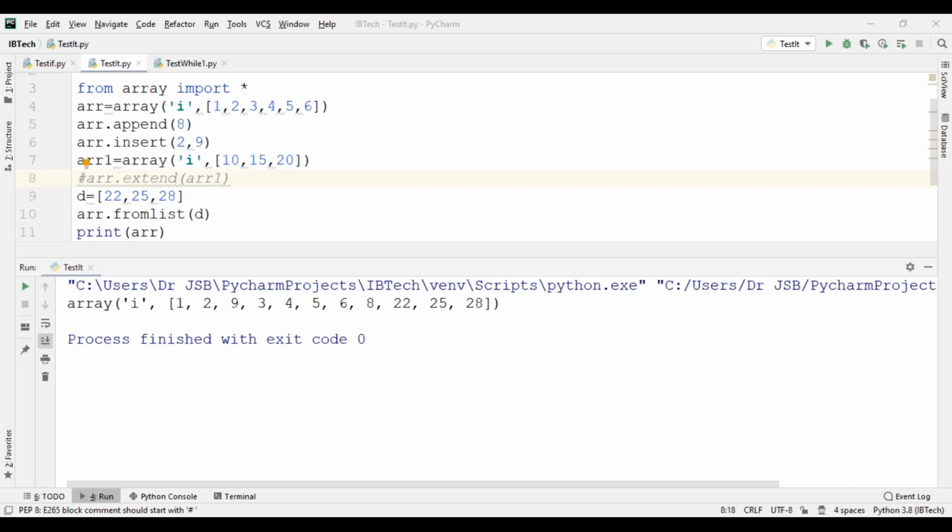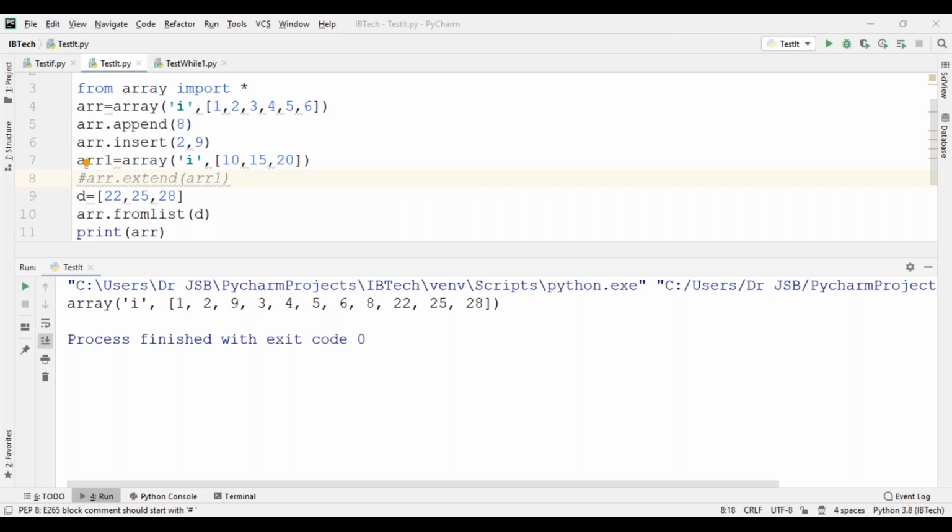Arrays are one kind of data structure concept, so these are the operations we have to face: addition, deletion, insert, append, extend, fromlist, etc. First we want to learn these operations; once we learn them, the rest of the programs we can do easily.